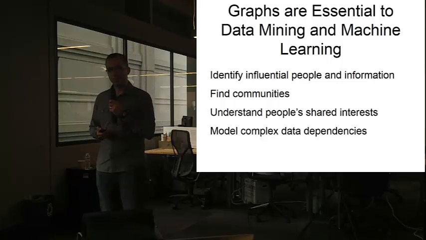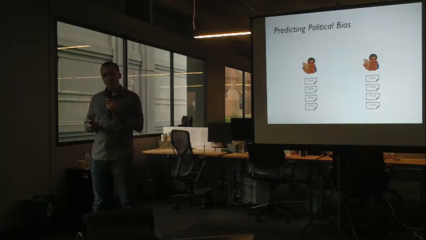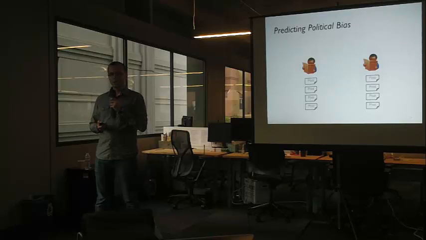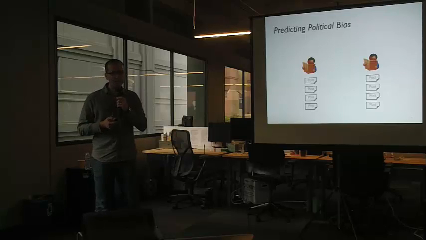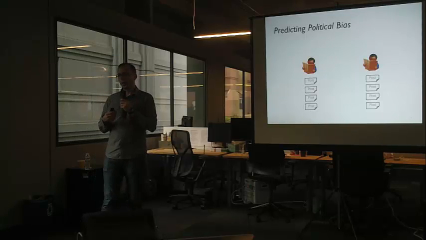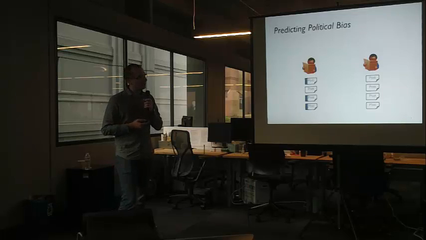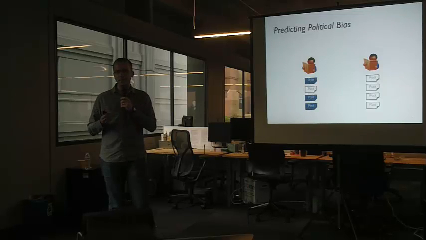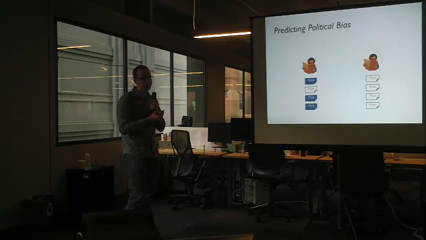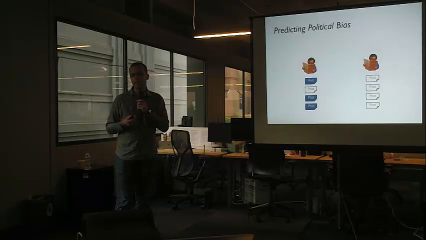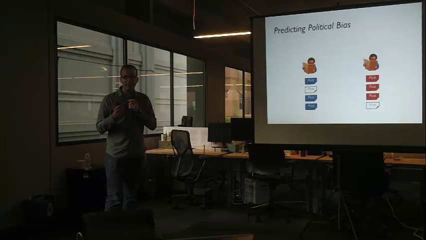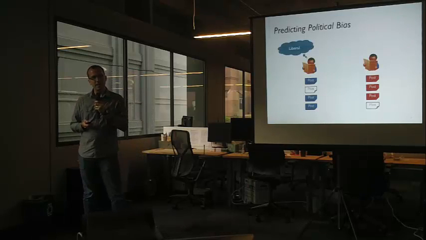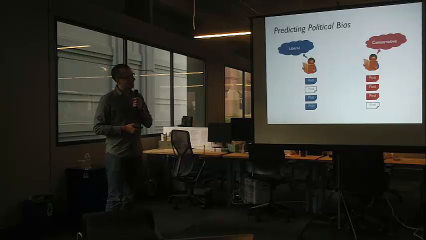To give you an example, we can look at the task of trying to predict the political bias of users. Imagine I have a collection of users who post or interact with some service. Based on those posts, I might be able to build a very simple classifier, a machine learning tool, to read the content of the post and predict the political bias of that post. Maybe I can't run on all of them, but some of them have some signal that indicates the bias of that particular post. And I can do it for both these users. Then from the aggregate signal of those posts on those users, I could try to predict their individual biases. So the guy on the left is a liberal, and the guy on the right is